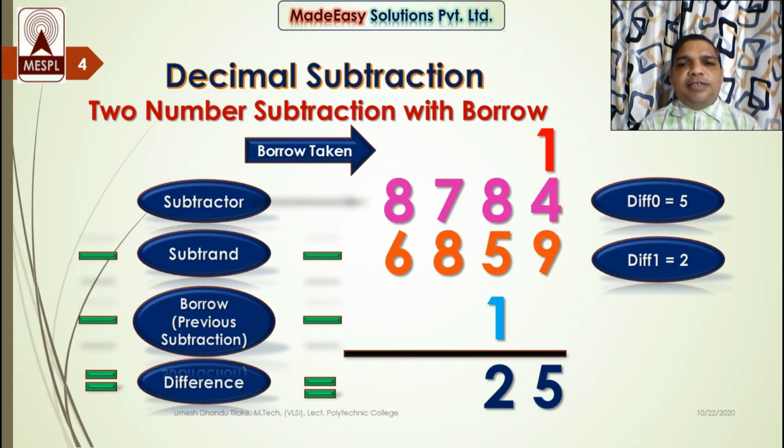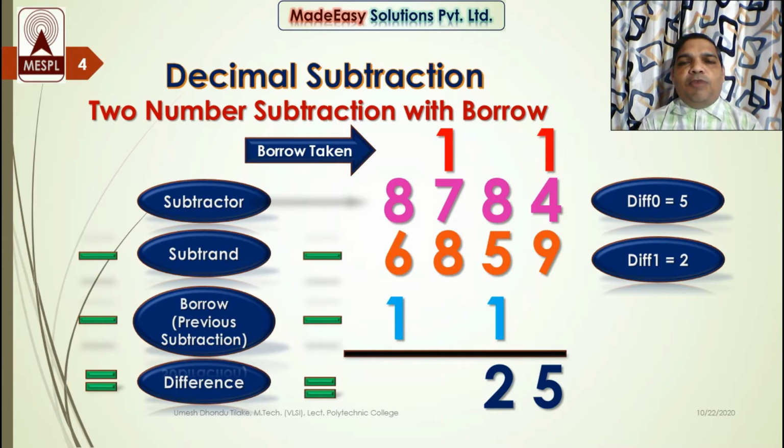Now perform the next digit subtraction, that is subtract 8 from 7. Now can we subtract? Again 8 is larger than 7. So we cannot take out 8 from 7. So just take borrow from 8 over here. So I will place borrow over here, which is to be subtracted when I will subtract 6 from 8. Now I will put the taken borrow above 7, and the value of this borrow is 10 because it is taken from next significant digit.